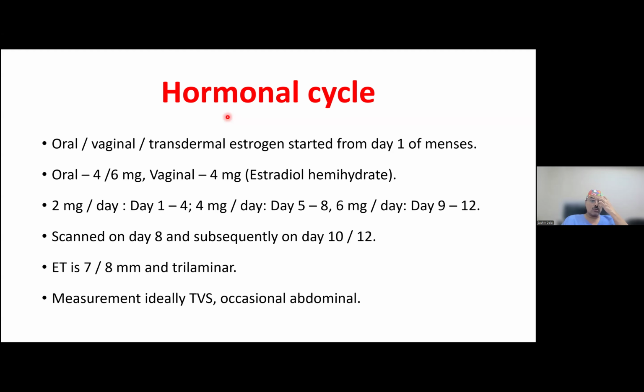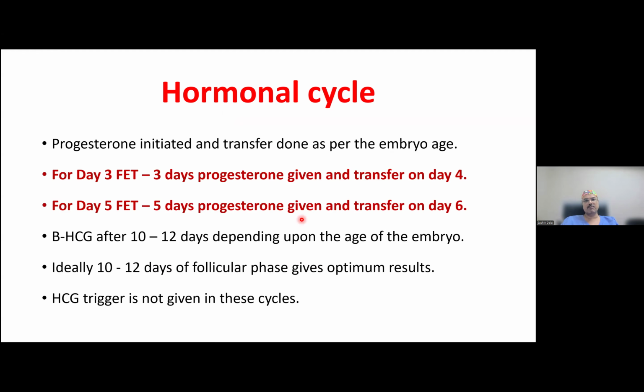All right. So, as I mentioned, at our center the ET thickness that we follow is 8 millimeter, and trilaminarity is what is important. You might have access to a Doppler. You can do Doppler studies, but we really don't do Doppler studies. The only Doppler studies that we do is to see the follicular vascularity of the oocyte during the follicular stimulation, but otherwise not really needed. Trilaminarity is much more important.